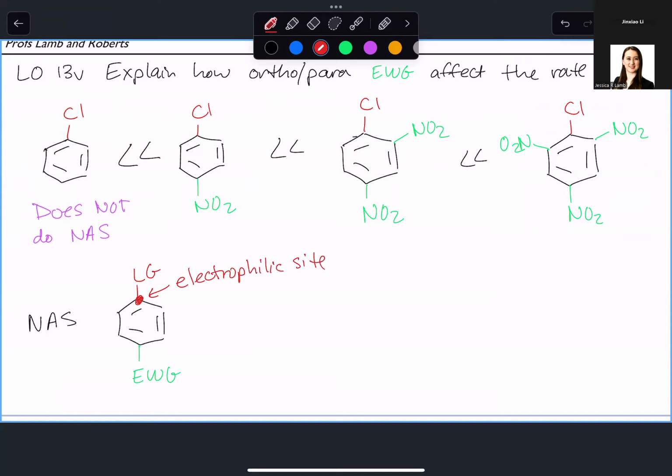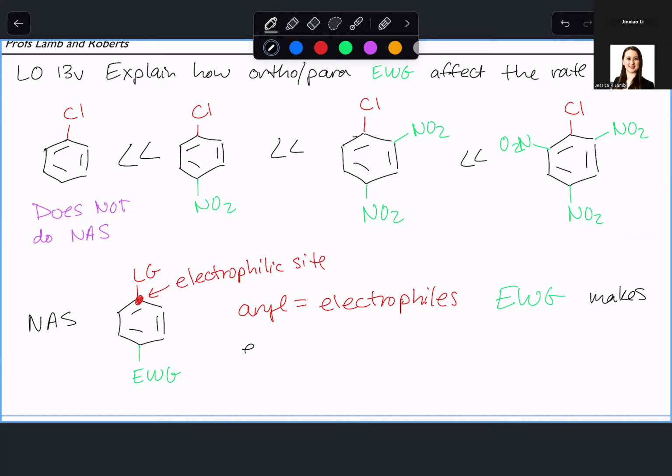Right? So I get why this question is hard for people because it's so opposite. Everything that we've been talking about for the whole semester has been nitro groups are deactivating, right? But this is different because the mechanism is different. So in NAS, our aryl ring is the electrophile. Remember that electrophiles are electron deficient, right? They are accepting electrons. So that electron withdrawing group